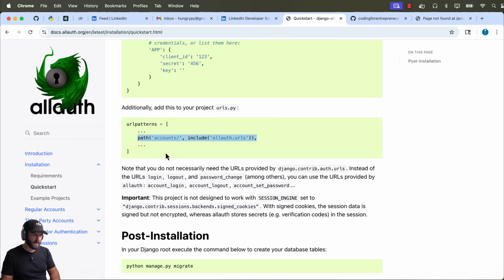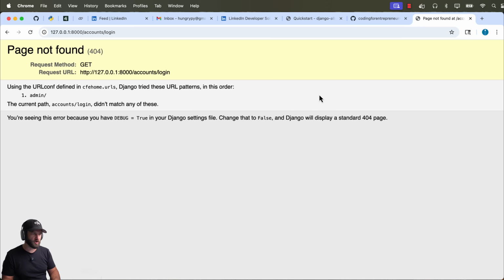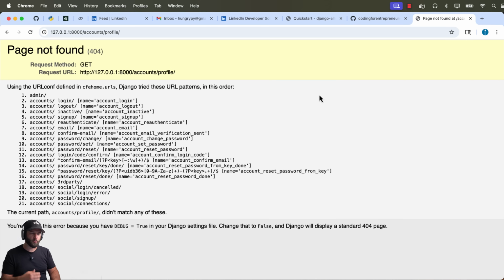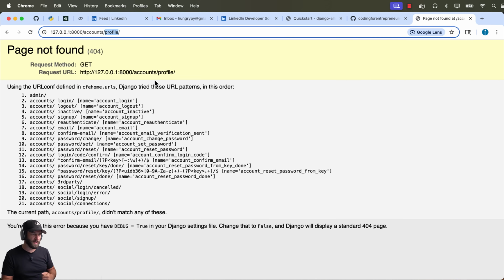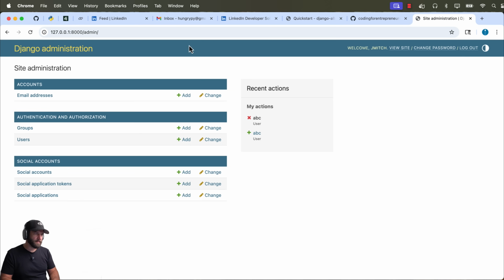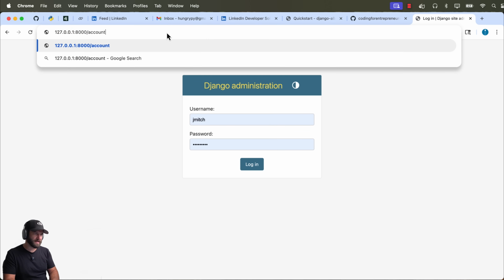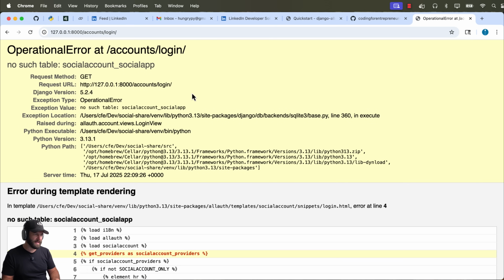But nevertheless, we now have basically all of AllAuth ready and installed. So going back into the Django project on the URL, what I should see here is it actually redirects me to account/profile. So if I go back into accounts login, it automatically brings me back to profile. Now, why is this? Well, this happens to be because I'm actually logged into the admin. If I were to log out of the admin and then once again go into accounts/login, hit enter, I now